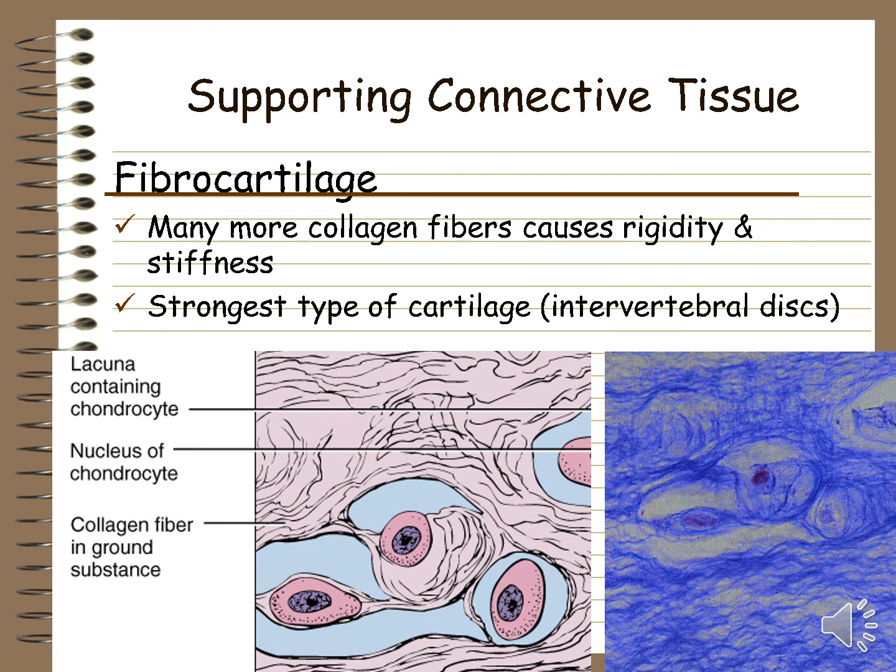The second one we look at, which is fibrocartilage, is by far the strongest of the three cartilages. And when we look at fibrocartilage, whether you're looking at the drawing in the middle or the histology slide to the right, you see many more fibers here and very few chondrocytes and very few groupings of the caverns or the lacunae. Because there are so many more groupings of collagen fibers, fibrocartilage is the strongest of the